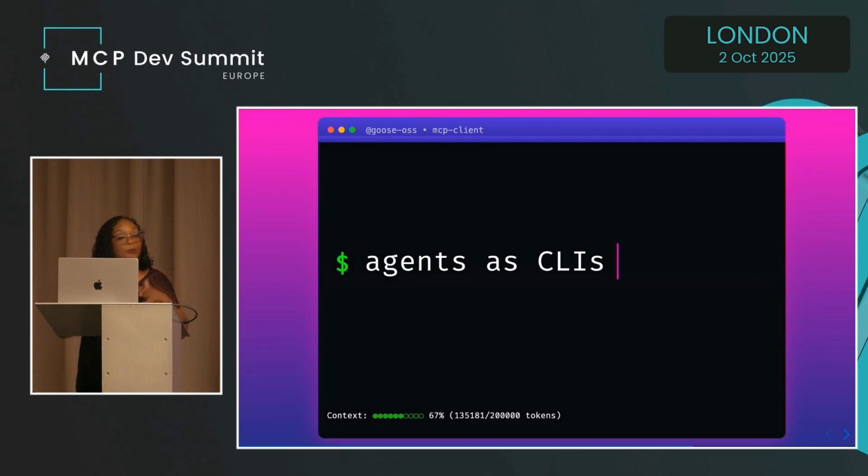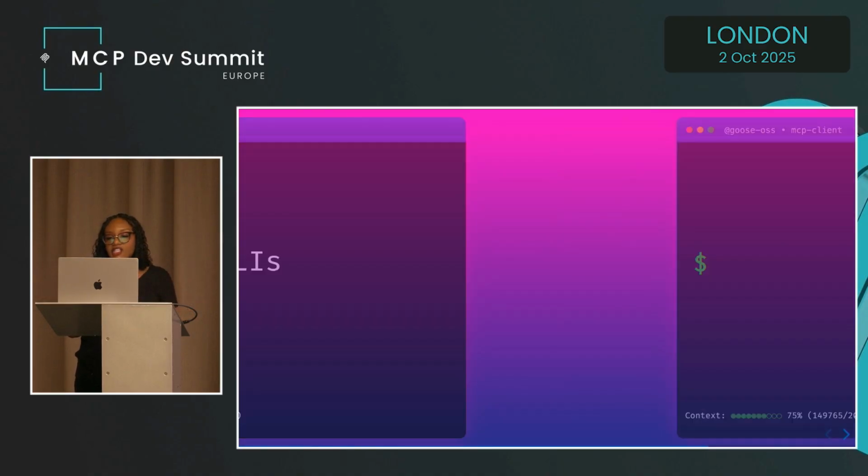And this, again, opens up a new world of possibilities where agents are able to do things like interact with your file system. They can interact with your installed applications. They can run other CLIs, even agentic ones. Goose can invoke Claude Code, Gemini CLI, Codex CLI, and so on.